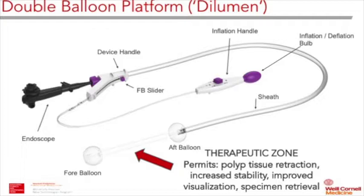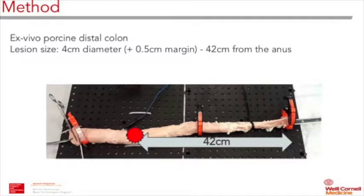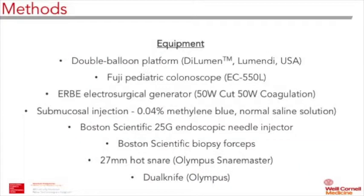First, a circumferential incision was made around the lesion. The scope was then removed from the oversheath and a snare placed around the tip of the endoscope. This freed up the working channel so a biopsy forceps could be used to lift the lesion up. The idea being that the snare could then be released and passed over the lesion, which would be pulled up